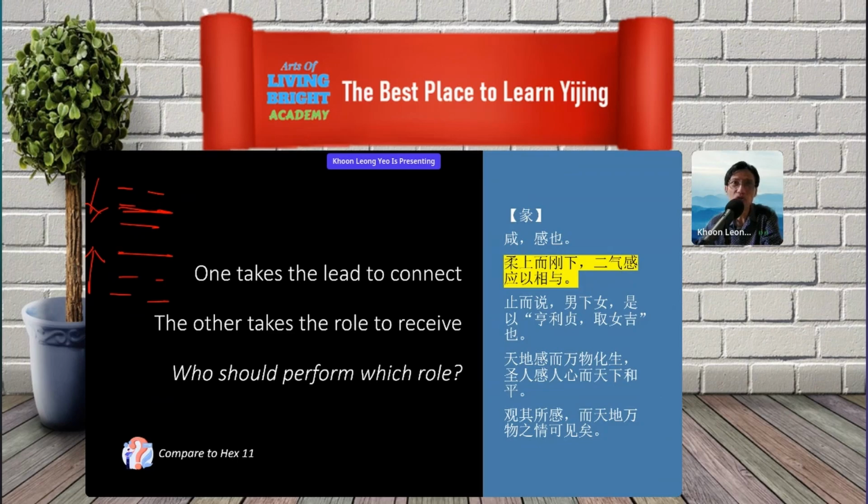One takes the lead to connect. Now, if you want to establish a relationship, one party has to take the lead, right? And the other has to take the role to receive, to accept. That's like courtship,